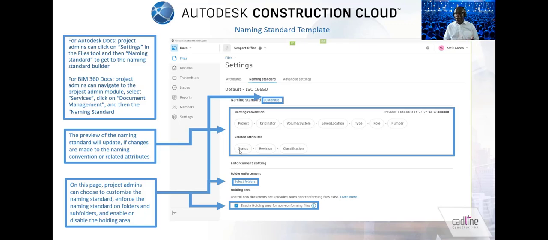So not only can you apply the naming standard to your Construction Cloud projects, but you can also apply it to your BIM 360 project, so it's retrospectively upgradable. And then you've got the preview naming standard. The preview naming standard will update if changes are made to the convention or related attributes. And then